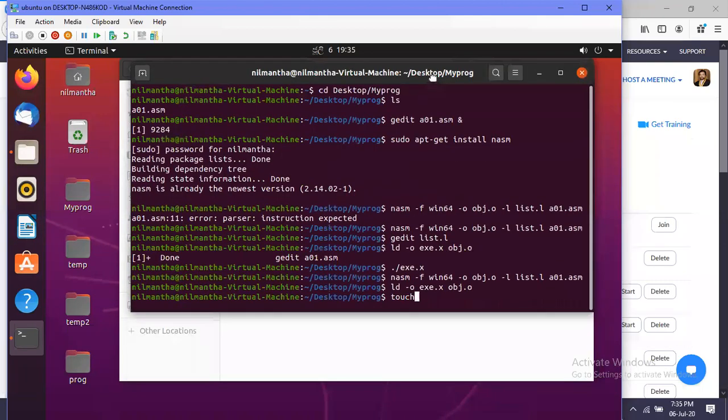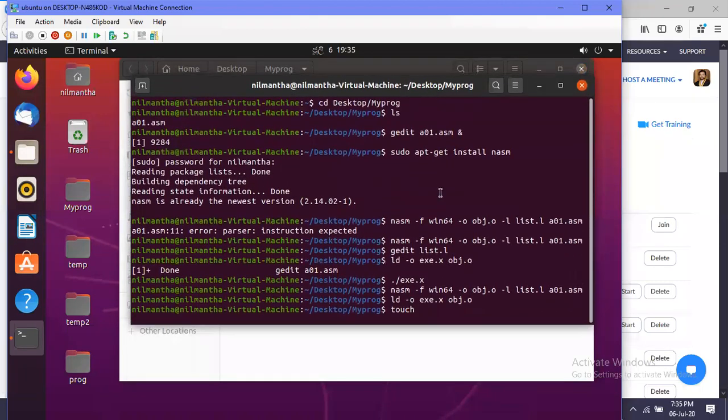In the first lecture, I told you the command to create a file is touch. The name of the file is makefile. Make sure the spelling is exactly like this, otherwise it will give a compiler error. So give the command touch makefile.